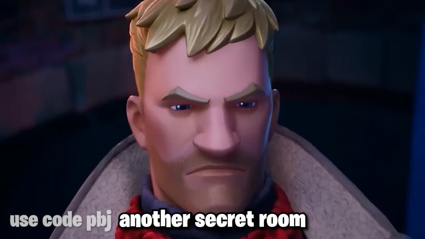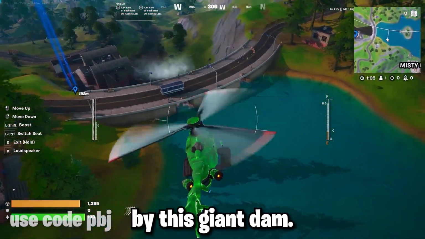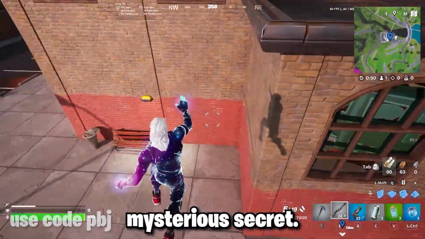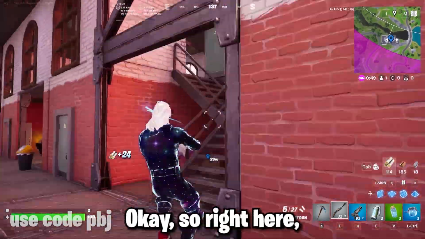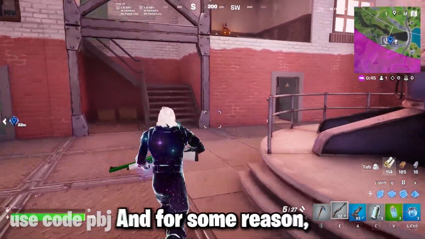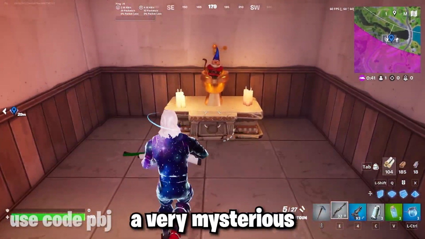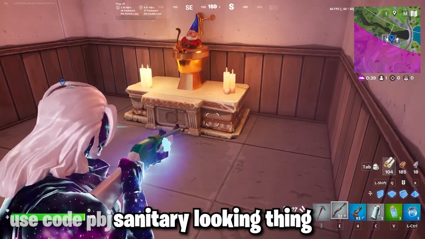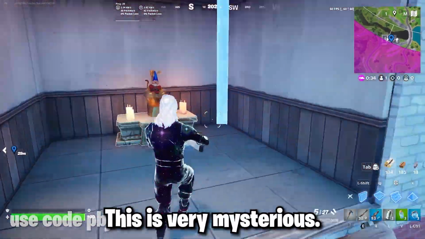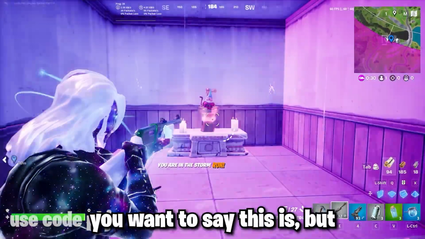But there's another secret room on the island. This next secret is right over here by this giant dam. And inside, there is a very weird, mysterious secret. Oh, here it is. Okay, so right here, when you're in here, it'll be right here at this staircase. And for some reason, Fortnite added a very mysterious cemetery looking thing and a golden toilet with a gnome inside. This is very mysterious. I don't know if it's disturbing or whatever you want to say this is, but it